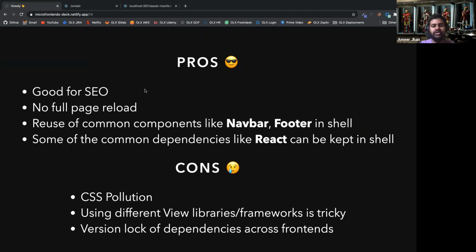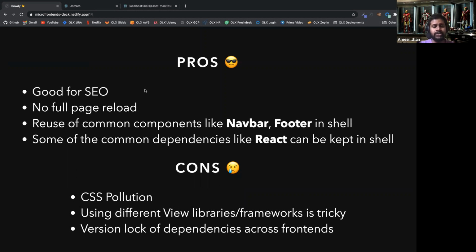And using different views and libraries is going to be tricky. I just showed you the apps. All the apps were Create React apps, but if you bring in a Vue app, plugging it into your existing Webpack config so that they share some common dependencies, while having the same seamless client routing, is not going to be that easy.